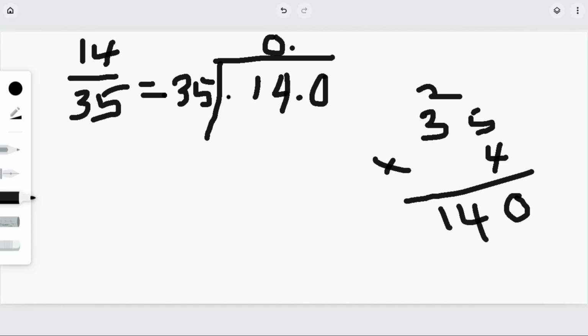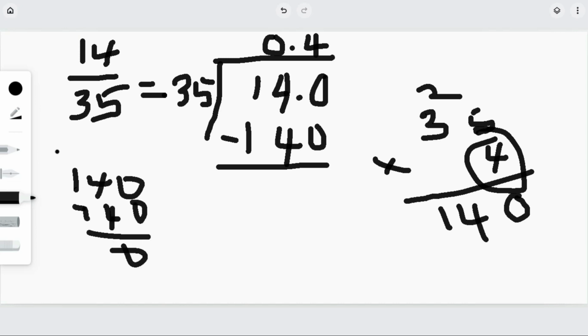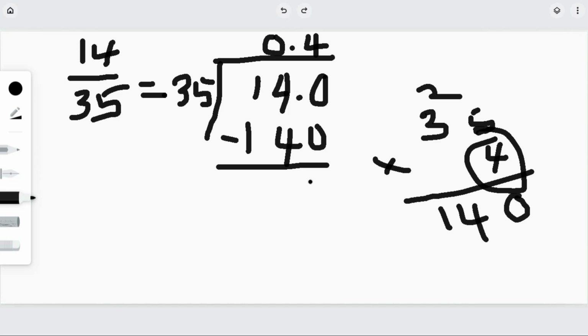Now if you are asked how many 35s can you get in 140, that is 4. You understand? So we write 4 here. So 4 times 35, you know that's 140. We write that down and then we subtract it. 140 minus 140, without even using a calculator, you know that is 0, right? So you write 0 here. And remember, there's no need for us to write more 0s here because we have already gotten 0, you understand? So since we have gotten 0, we now know that 14 over 35